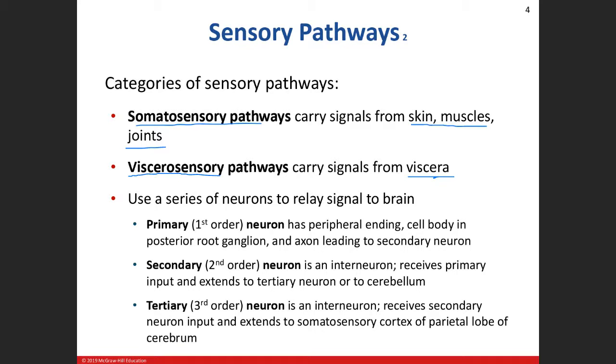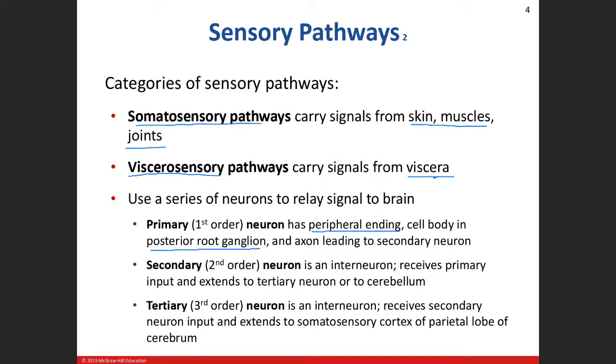Okay? So the primary neuron, that's the first one. It's going to be found out in the periphery. So we'll use the skin as an example. All right? The receptor will be found in the skin, or we refer to that as the peripheral ending. Okay? And then the cell body for this neuron is going to be found in our posterior root ganglion. Now, these primary neurons are what we call, this goes back to when I briefly went over the different types of neurons in lab: bipolar, multipolar,